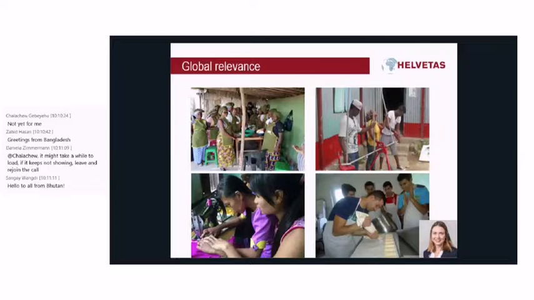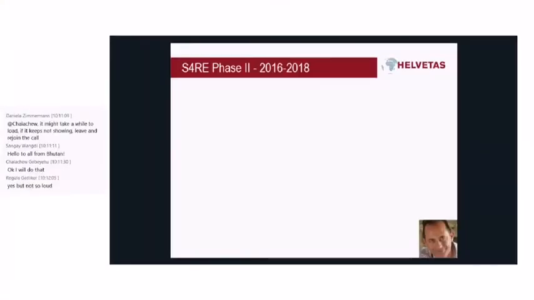And the opportunity group approach is one such approach that addresses the needs of young people who face such different barriers. Now, we are leaving the global context and are going to focus on Kosovo. I now invite Luan, the project manager of S4RE, to tell us more about the project and the context in Kosovo.